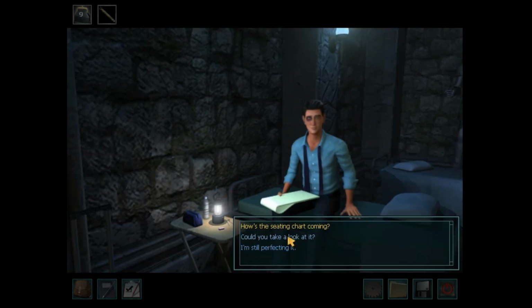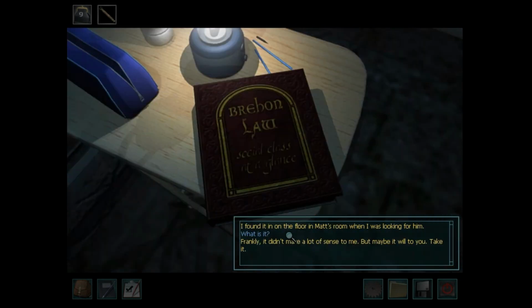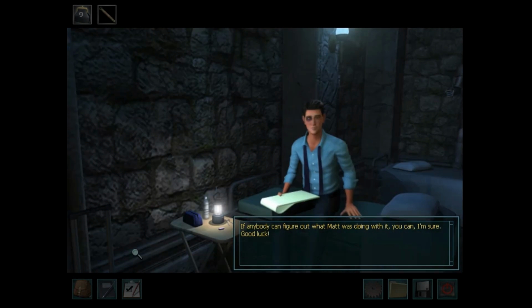How's the seating chart coming? Could you take a look at it? You bet. This looks great. Great. Wow, you did it. I'm impressed. So now we can talk. Yeah, now we can talk. Oh, hey, actually, you might want to take a look at this first. I found it on the floor in Matt's room when I was looking for him. What is it? Frankly, it didn't make a lot of sense to me, but maybe it will to you. Take it. If anybody can figure out what Matt was doing with